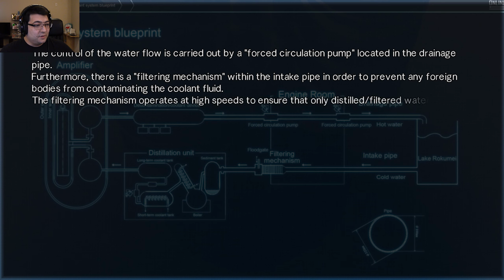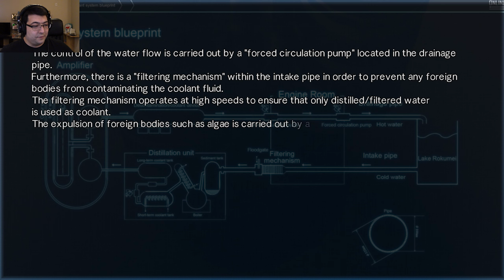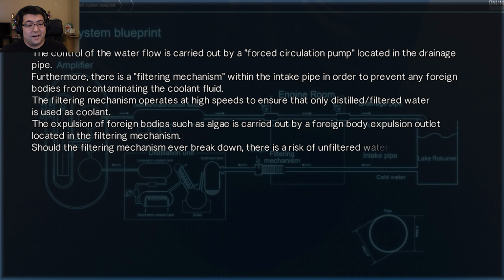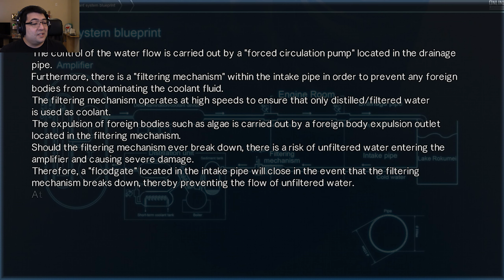pipe. Furthermore, there's a filtering mechanism within the intake pipe in order to prevent any foreign bodies from contaminating the coolant fluid. The filtering mechanism operates at high speeds to ensure that only distilled/filtered water is used as coolant. The expulsion of foreign bodies such as algae is carried out by a foreign body expulsion outlet located in the filtering mechanism. Should the filtering mechanism ever break down, there is a risk of unfiltered water entering the amplifier causing